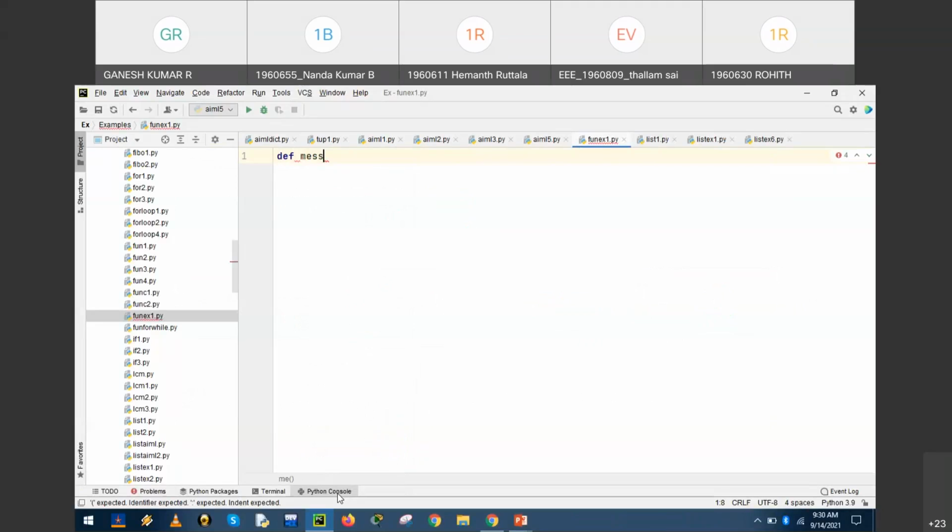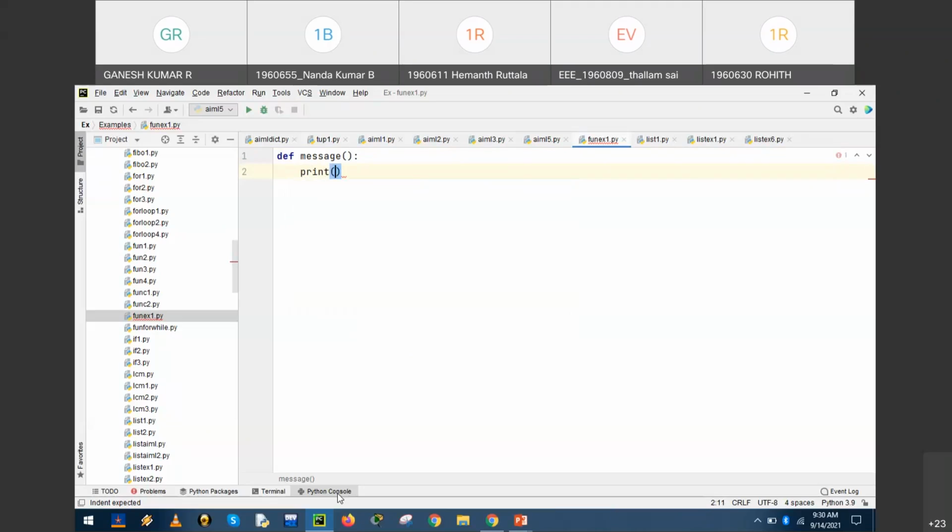The function name is message. Since it is a function, it is represented with a pair of parentheses ended with a colon, and the function body should have the entries after an indented block, right?